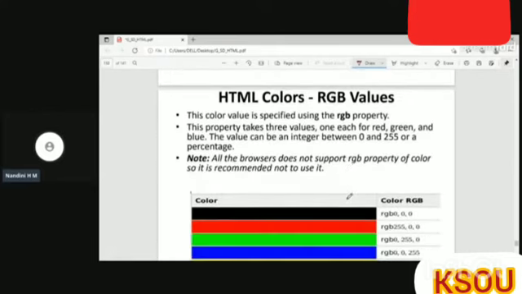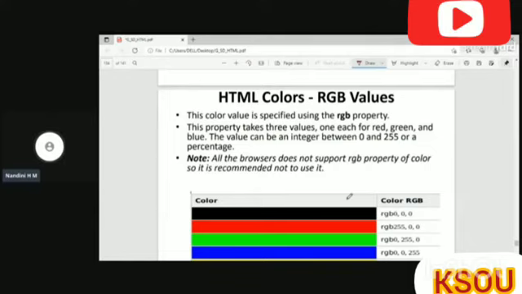This is RGB values. The color value is specified using the RGB property. So this property takes 3 values, one each for red, green, and blue. The value can be an integer between 0 and 255 or a percentage.